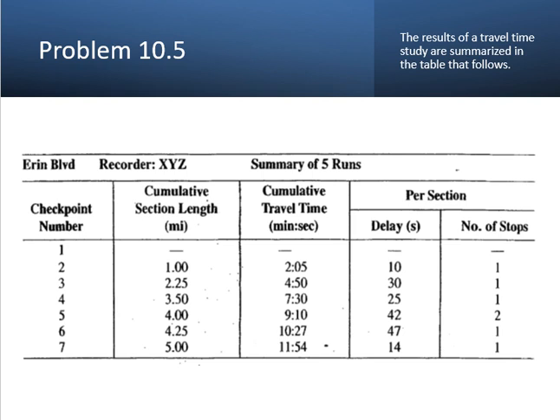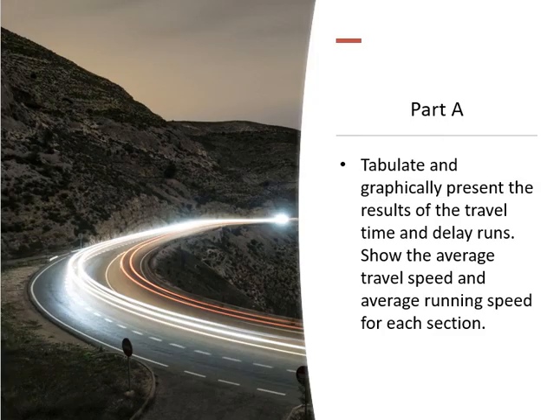The length and the travel time are given for cumulative, which means from point number 1. And they are also given for each section. These 2 values are for each section. Each value is from the previous point. This value, these 2 points. This value, these 2 points. Clear? Now what they are asking us to do is tabulate and present graphical results